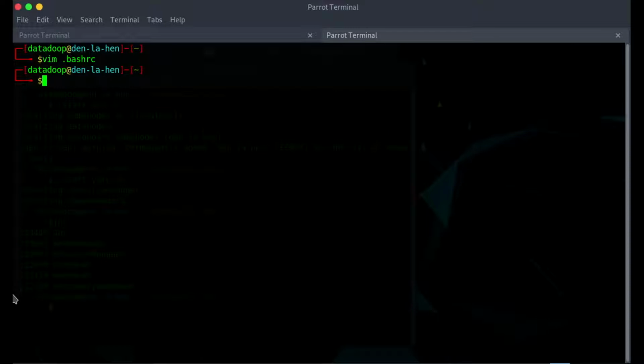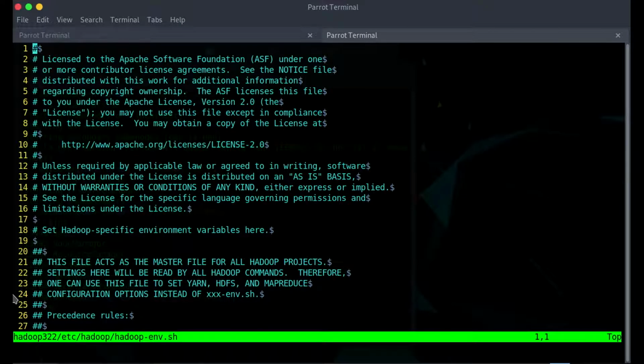The command for doing that is vi or vim, then HADOOP_HOME/etc/hadoop/hadoop-env.sh, then press enter. You will get this huge file that's located in the actual directory.